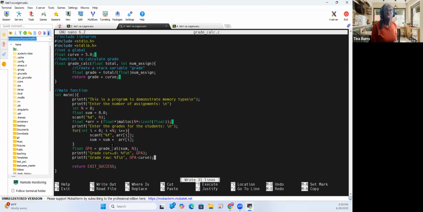While you're storing it, you're updating your sum value here. And then you calculate the GPA using our function here. Once it's calculated, we print that out to the screen, and we also give the user some information on what their raw value of the grade is versus what they get when the grade is curved. All right,